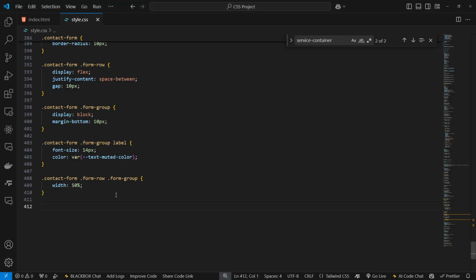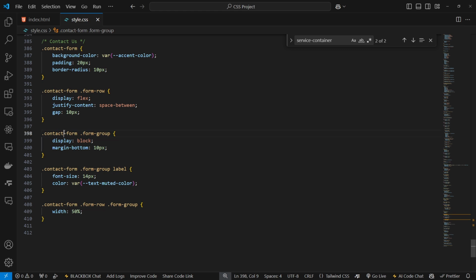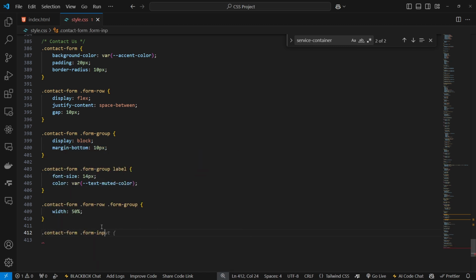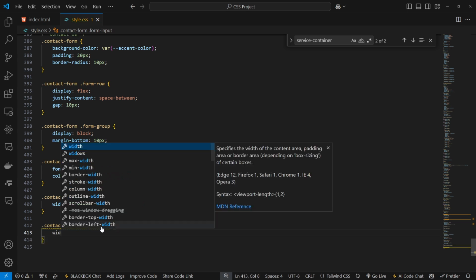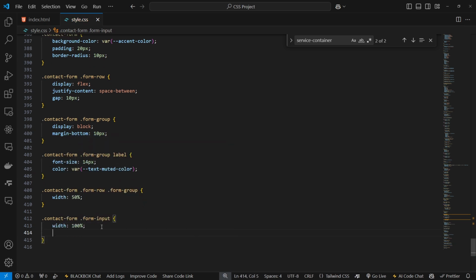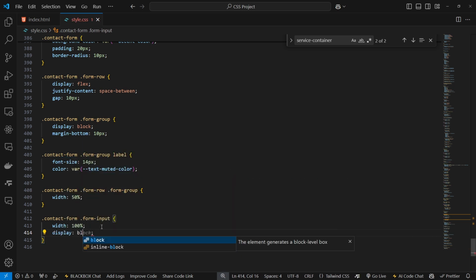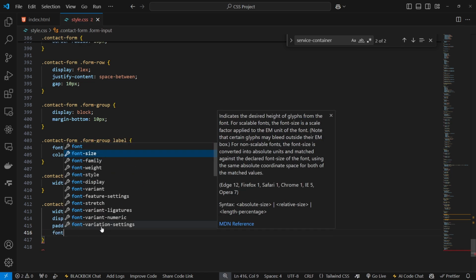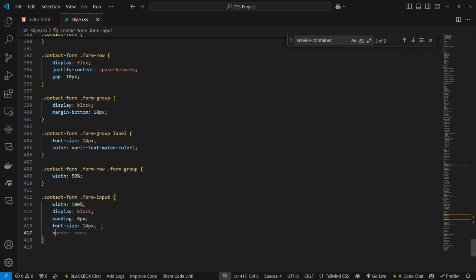So first of all, let's see form group. Now the form input, so contact form inputs. Our form input will have a width of 100%. It should be a block level element, a padding of 8 pixels, font size of 14 pixels, a border 1 pixel solid, this color code,